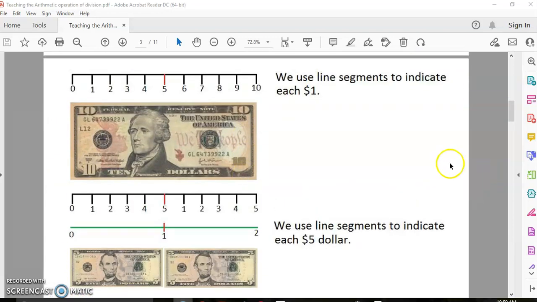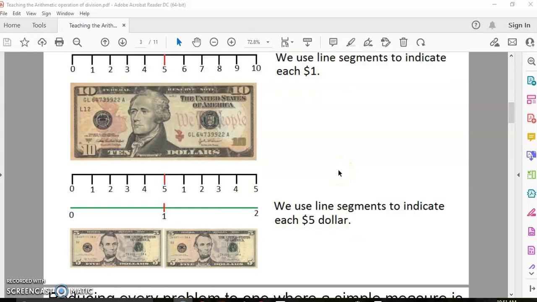And you can see the scheme as I've illustrated in this slide here. We use line segments to indicate each dollar, and we simply use the $5 as a measuring unit. 1 and 2, right? So that's what we do there. Measure is 1 there. Right? Okay, and so